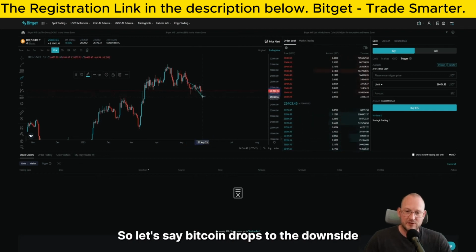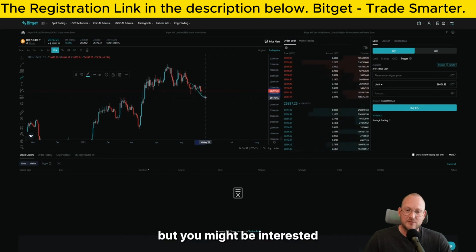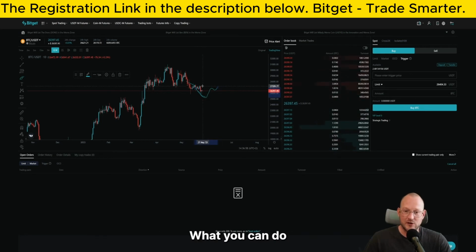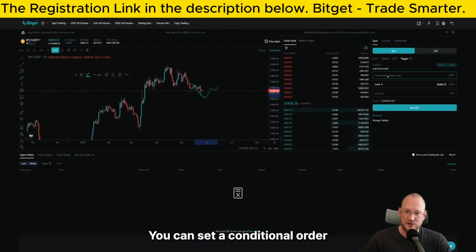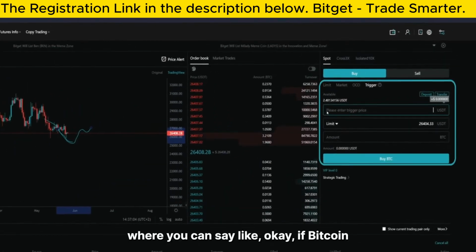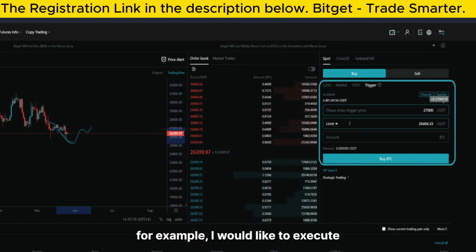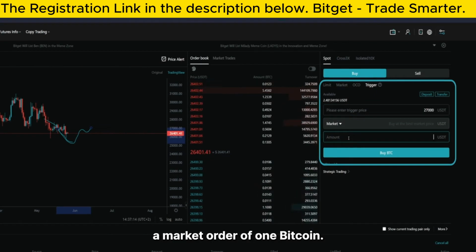So let's say Bitcoin drops to the downside, but you might be interested if it actually manages to reclaim a level. What you can do is set a conditional order where you say, okay, if Bitcoin reclaims $27,000, for example,